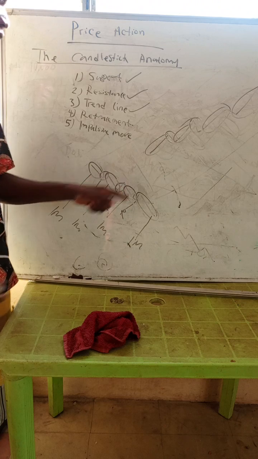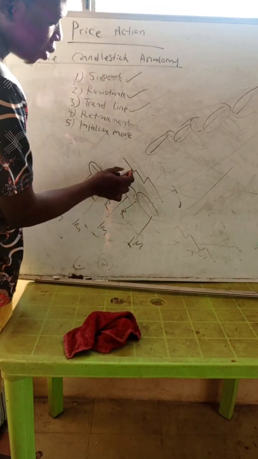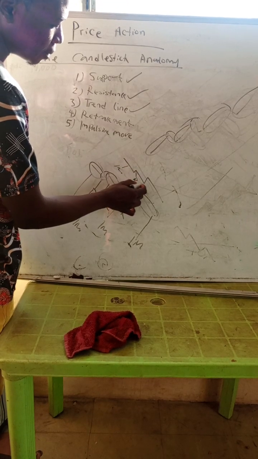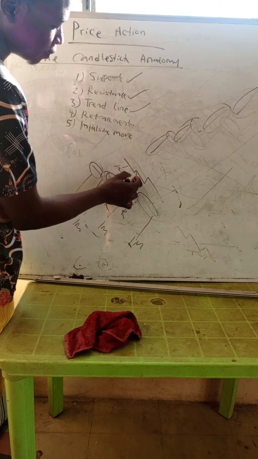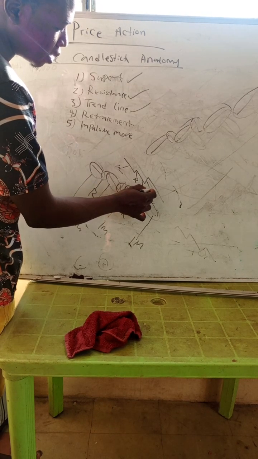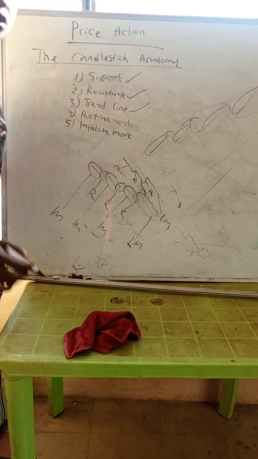While the small retracements are called what? These bigger ones are called the impulsive moves. I. While the small ones are called the what? The retracements, right? And that impulsive move, I. The retracements, then the impulsive move again. I.